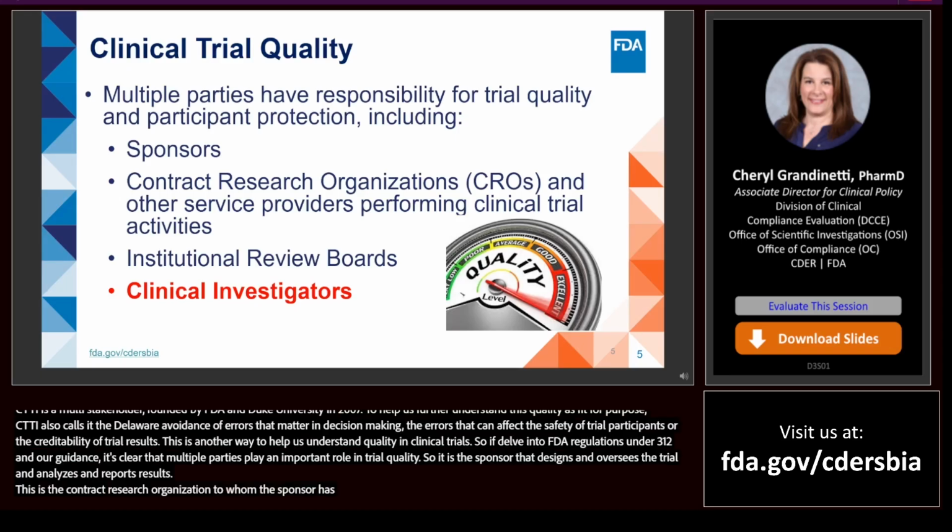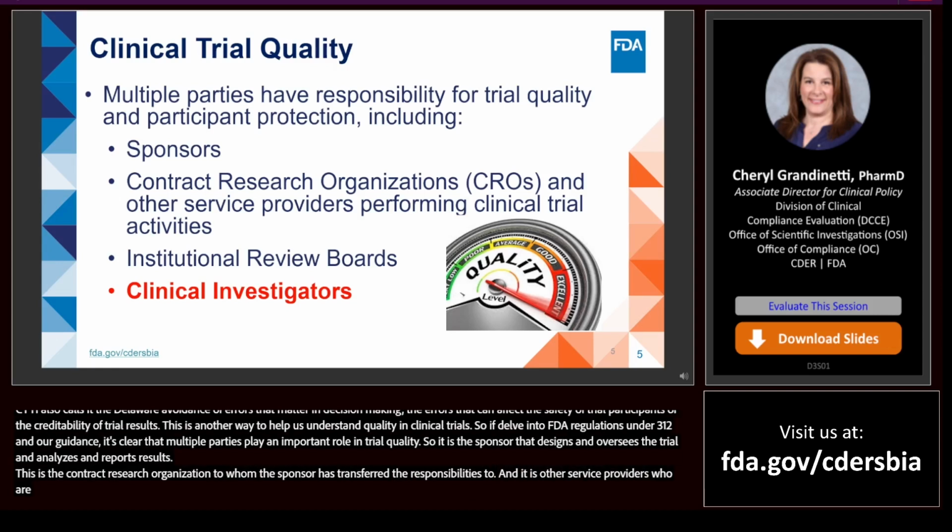It is other service providers that are contracted by the sponsor and CRO to perform critical clinical trial activities. It's the IRBs who provide initial and continuing review and approval of research. And of course,